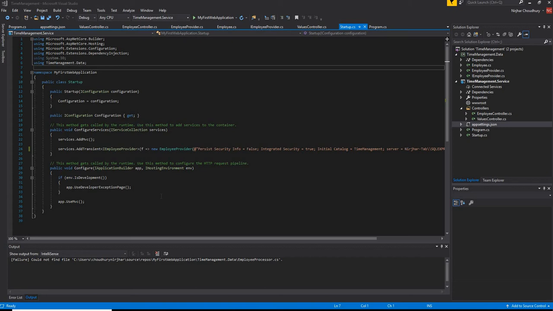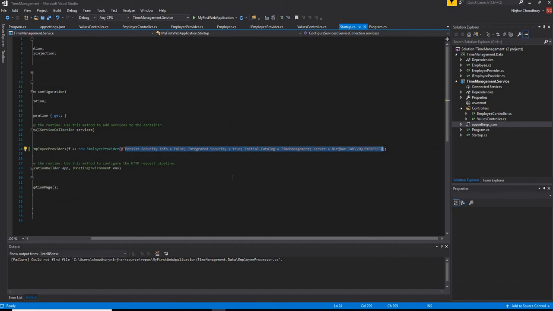Today I'm going to continue with the application that I started last time, where I was trying out Dapper with ASP.NET Core for connecting to a SQL Server database. Before I start with the insert, delete and update functionalities which are left from the last video, the first thing I want to do is move the database connection into configuration instead of hard-coding it in the DI container section. So for that, I'm going to pick up the connection string from here